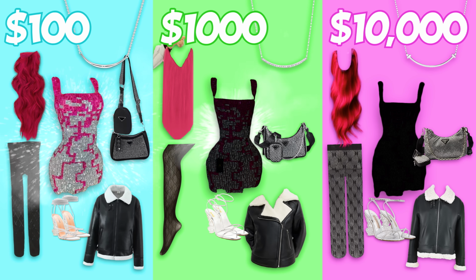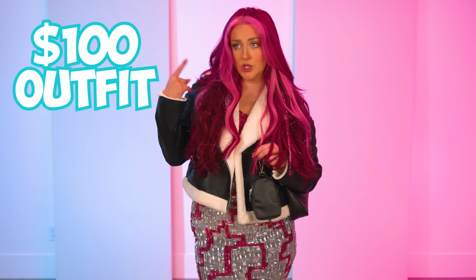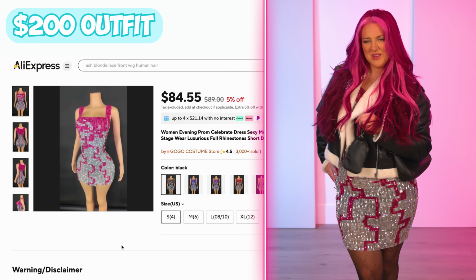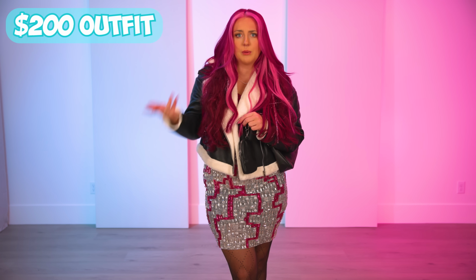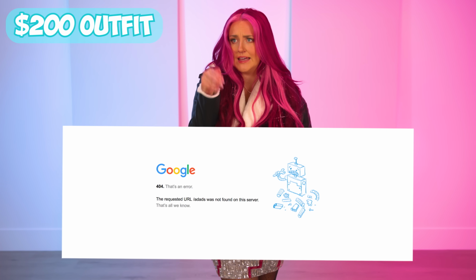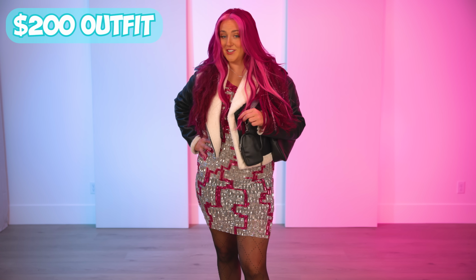Now that our outfits are complete, let's see how it all looks on together. Here's our complete $100 outfit. Although I have to be honest, our $100 outfit ended up being closer to $200. The dress really pushed us over the edge. But to be fair, I did find a cheaper jacket, a cheaper purse, but my cheaper items kept getting canceled. So I did the best I could with our cheapest outfit here,